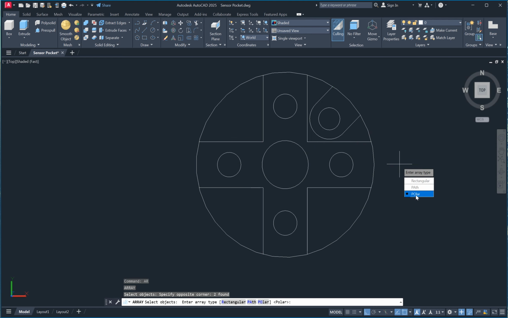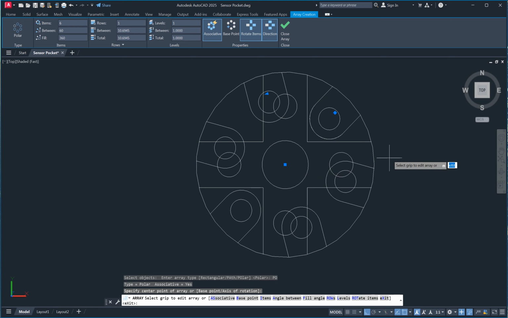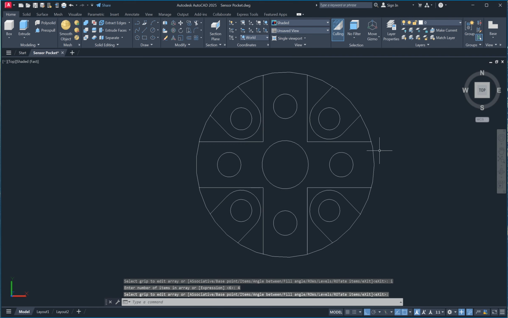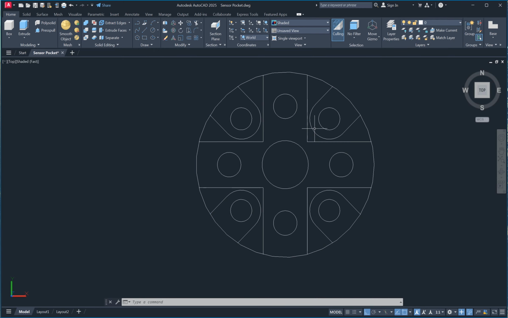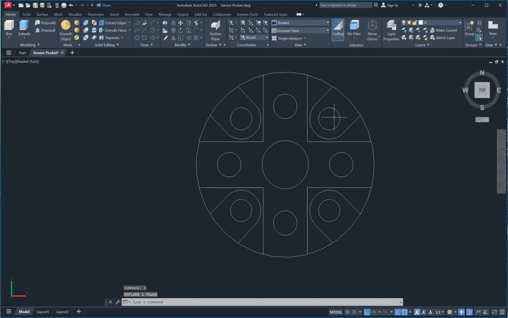Array tab, float, specify center point and then I enter, it means item, enter number of item in array, 4, enter. Yeah. Now we get like this, but we need to separate this object. Select object, add float. Yes, it's okay now.